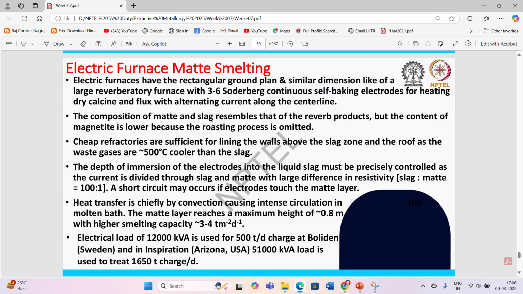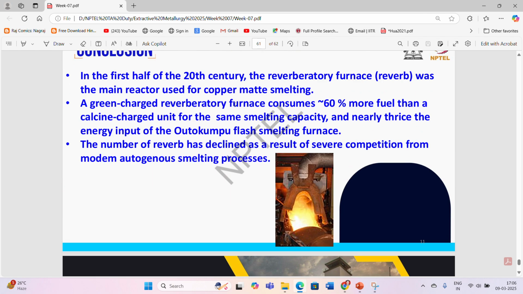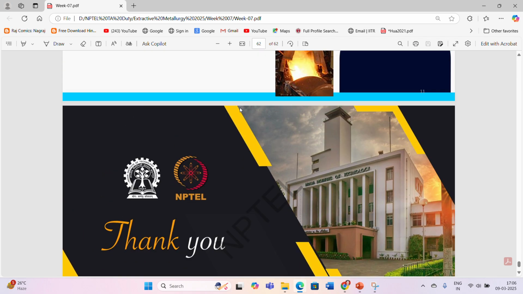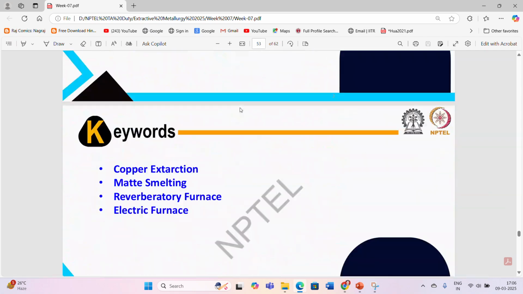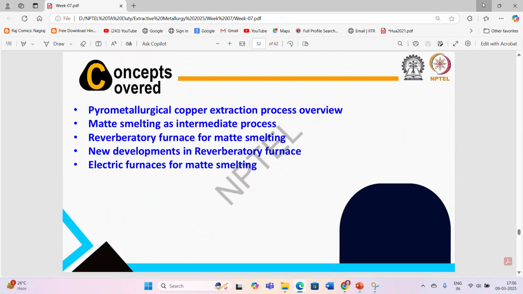Then coming to electric furnace matte smelting. Electric furnaces have a rectangular ground plan and similar dimensions to a large reverberatory furnace, with 3 to 6 continuous self-baking electrodes for heating dry calcine and flux with alternating current along the center line. This is the smelting process used for the